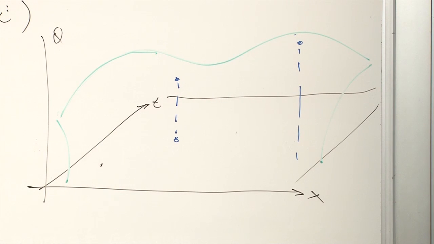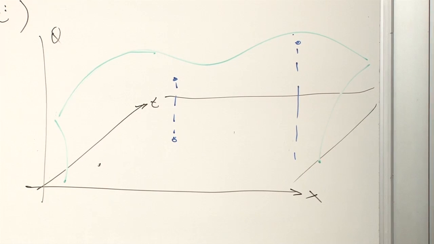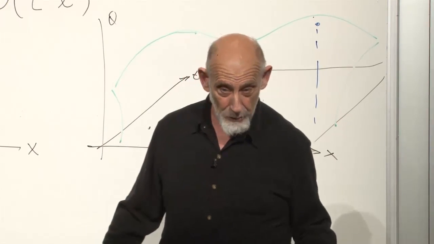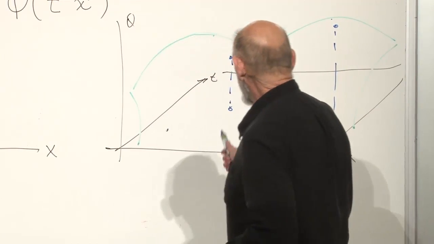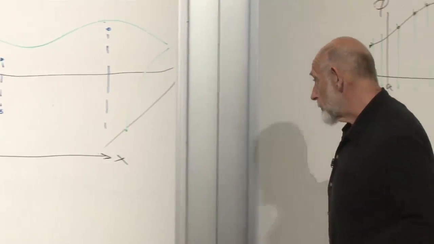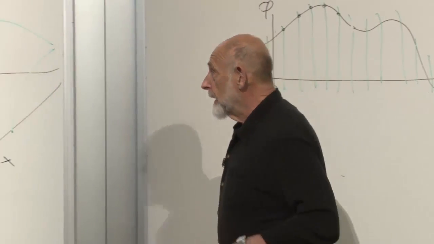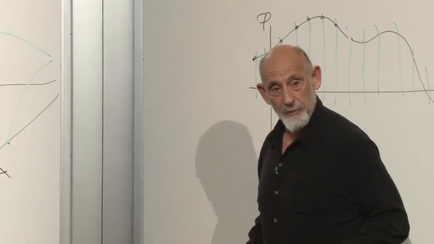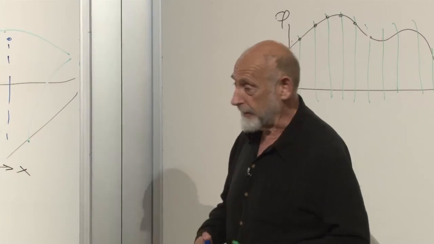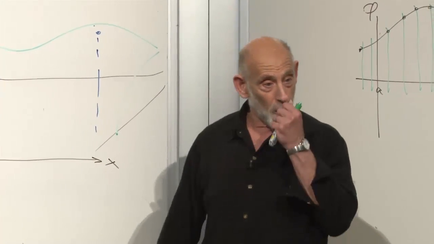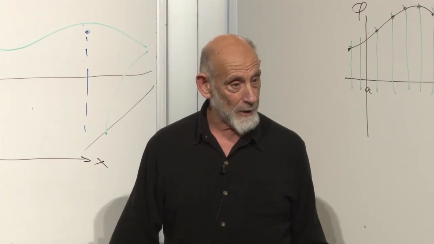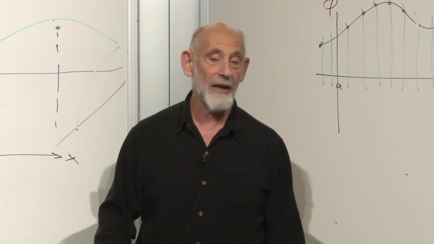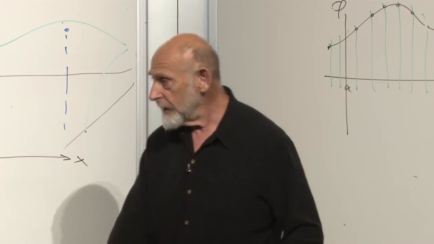In the lingo, incidentally, the dimensionality of space-time, our space-time, is called 3+1. 3+1 means 3 dimensions of space, 1 dimension of time. This would be a 1+1 dimensional world, 1 space direction, 1 time direction. And if we added in the field phi, the history of this field would look something like that. Now, of course, I'm not going to try to draw what this would look like in 4 space-time dimensions. I can't even draw 4 space-time dimensions, let alone put in another dimension to describe the field. But you get the idea.